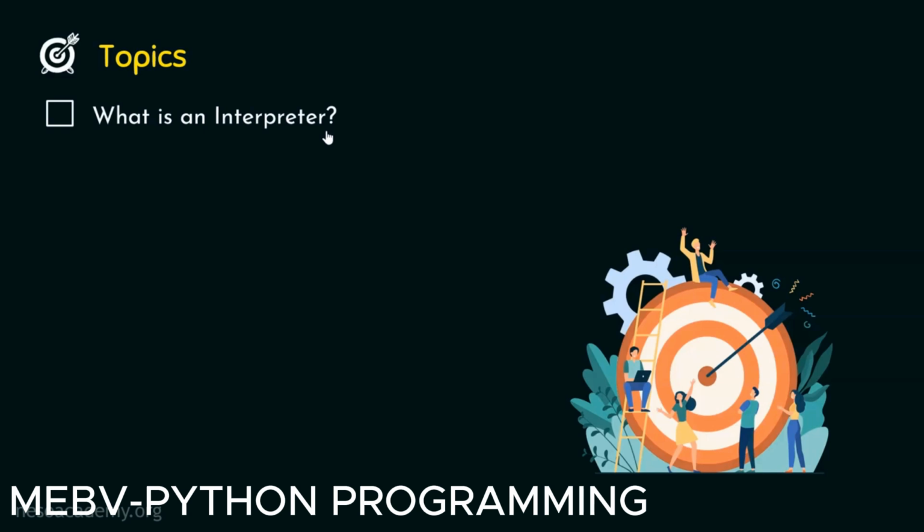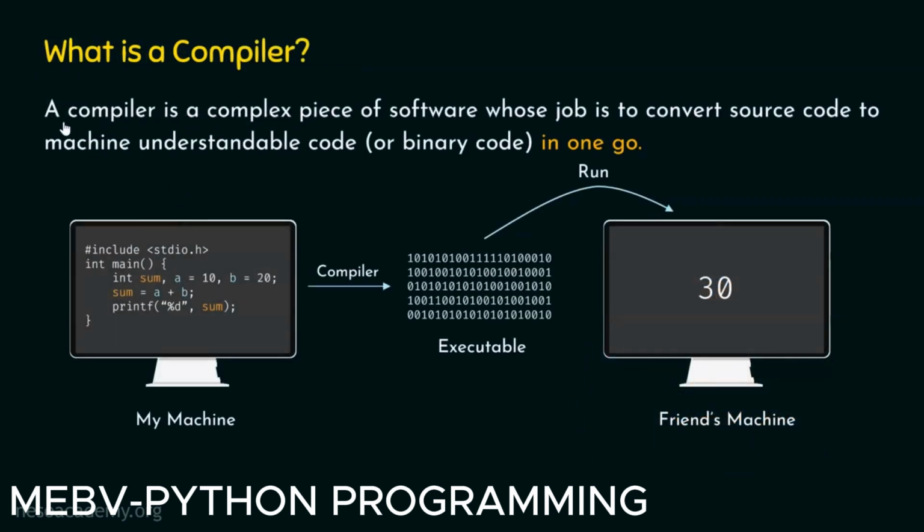Before understanding what is an interpreter, we need to recall what is a compiler. A compiler is a complex piece of software whose job is to convert source code to machine code in one go. So compiler takes the source code and converts it to machine code or binary code in one go. We have learned this statement already in the last presentation, and we have understood it with the help of an